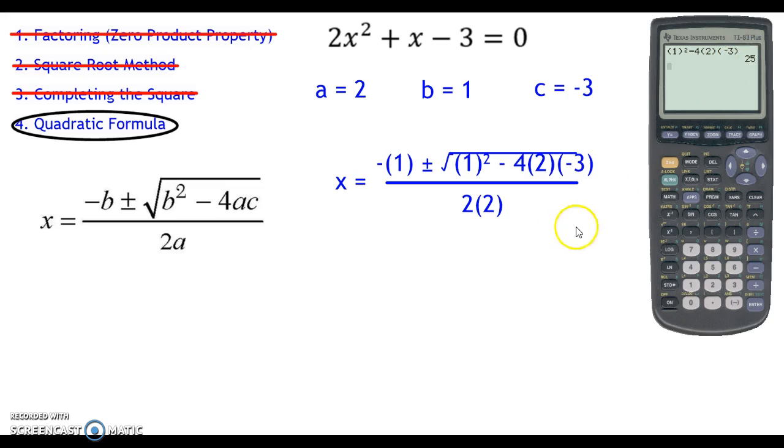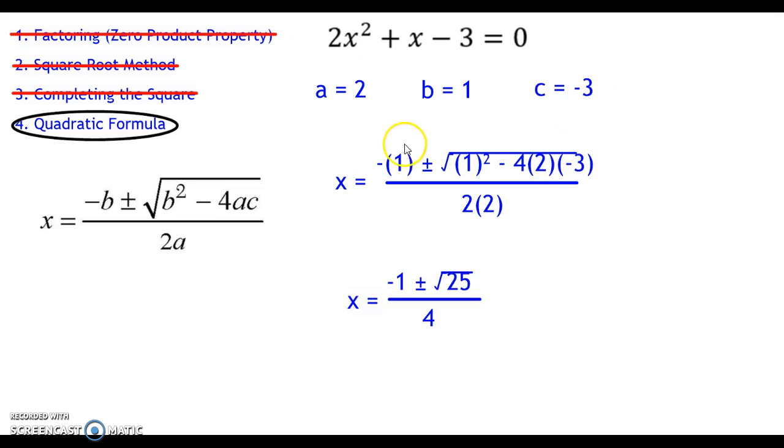That should give you the correct answer every time. Now we know that the piece inside of the square root, the radical, should be 25. All right, we made the problem a little bit simpler. We took negative times 1 and made it negative 1. We took 2 times 2 and made it 4, and we took this entire piece and made it into square root of 25. We can make this even simpler by evaluating the square root, and this plus or minus piece